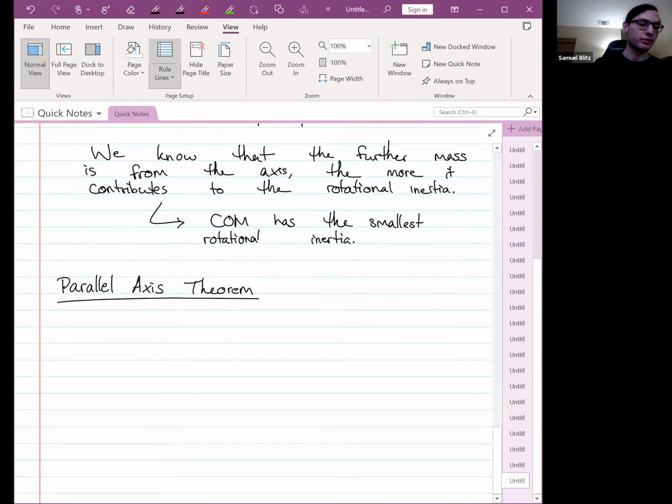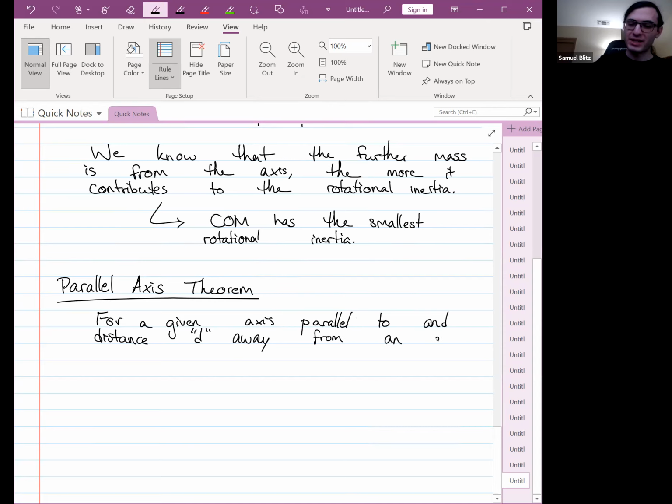So the parallel axis theorem states, for a given axis parallel to and distance d away from an axis passing through the center of mass, the rotational inertia about that new axis,